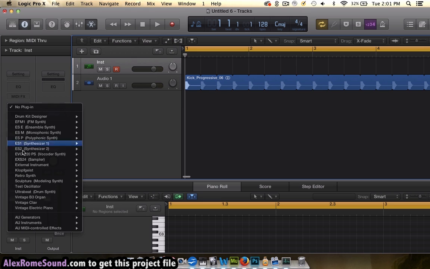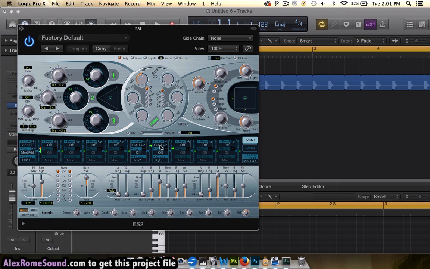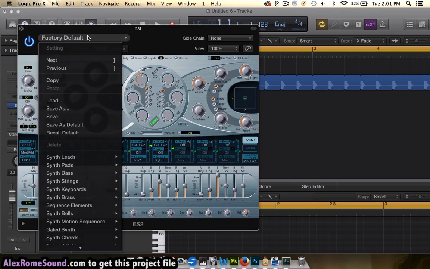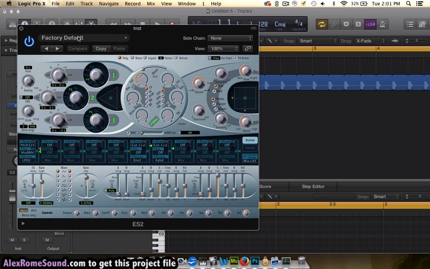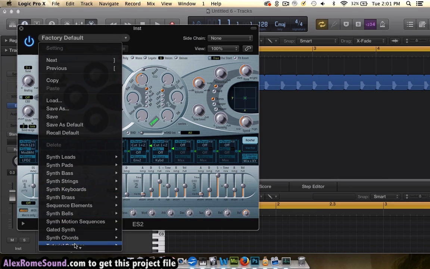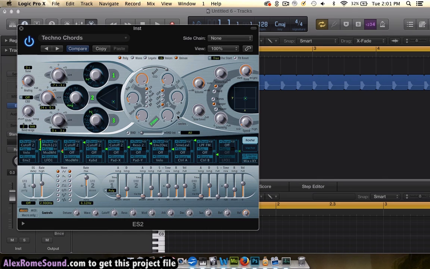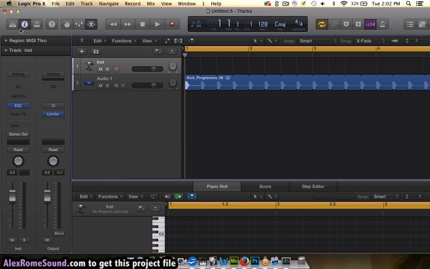Now I'm going to go into the ES2 synthesizer and we're going to lay down some cool chords, some nice EDM chords, uplifting, everything you want these chords to be. So the first thing we have to do is go to factory default, go to Synth Chords and then Techno Chords, and then straight away